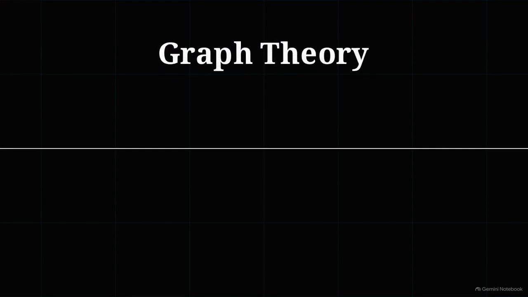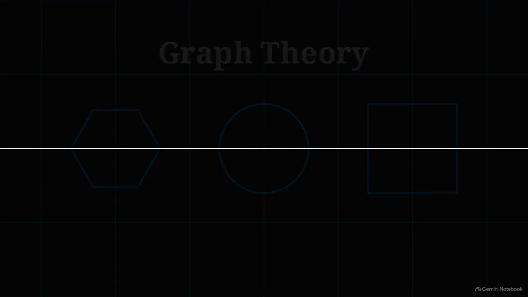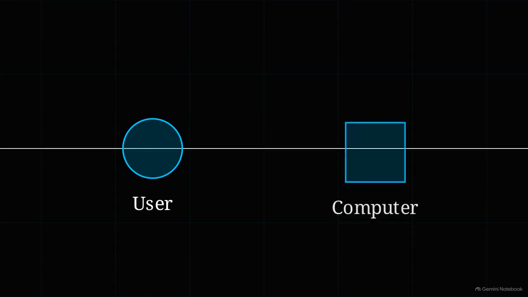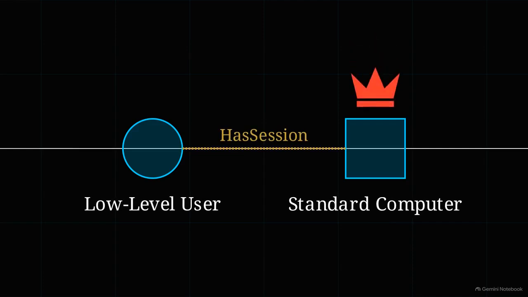BloodHound operates on a mathematical framework called graph theory. In this animated diagram, you can see the basic framework. We have nodes, which represent the individual users, the circle, and the computers on the network, the square. Then we have edges, which represent the specific permissions and trust relationships connecting those nodes together. A practical example of an edge is a low-level user accessing a standard computer, where a domain admin left an